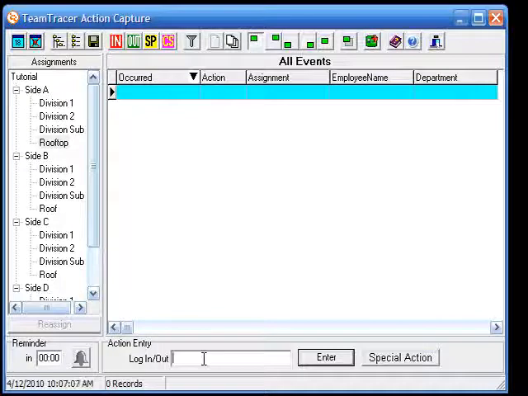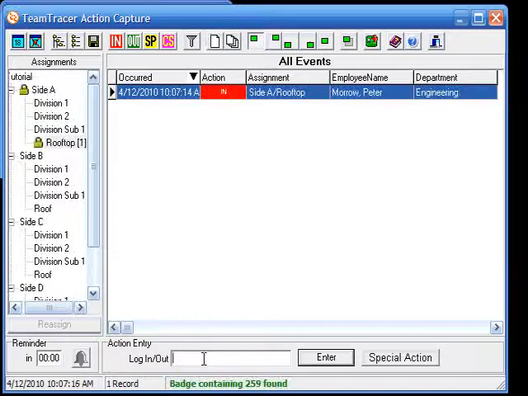So if we were to swipe a card that in our sample database had an entry number of 259, then we can go ahead and hit enter. And now several things have happened on the screen. You'll notice first of all that the badge containing 259 was found. It shows up in green to indicate the fact that the